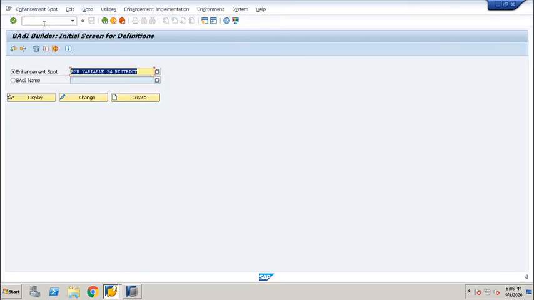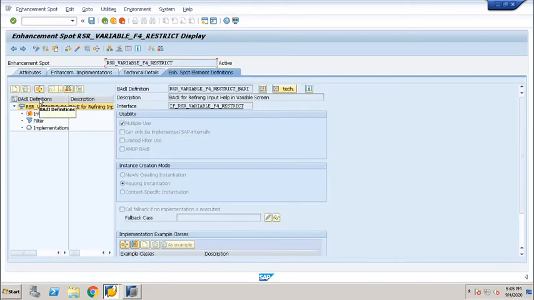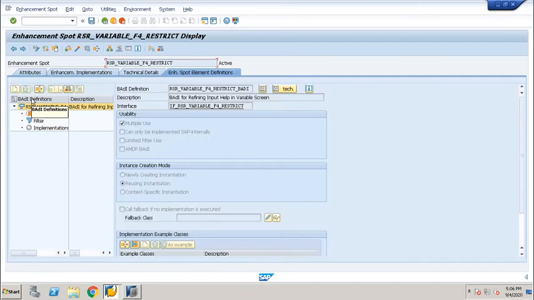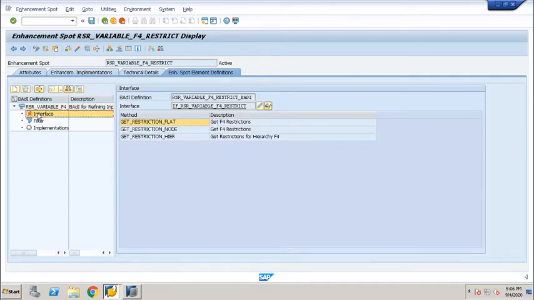First let's have a look at the standard BAdI. Before going to the implementation, I will give you a very brief look at the standard BAdI. Let me go to SE18, a standard T code. Here we can pass this BAdI name in the enhancement spot, and we can see this standard BAdI. Here in the BAdI definition there are three things: interface, filter, and implementation. In the interface you will get the three methods provided by SAP.